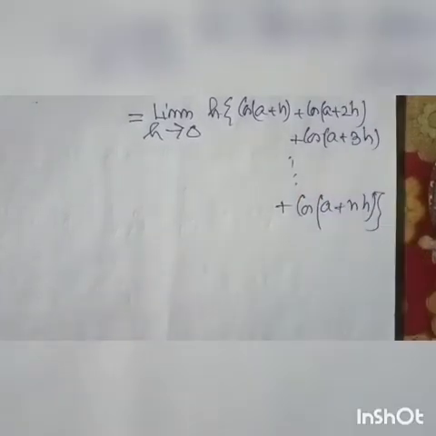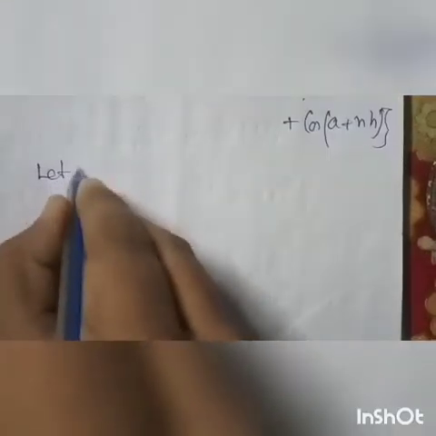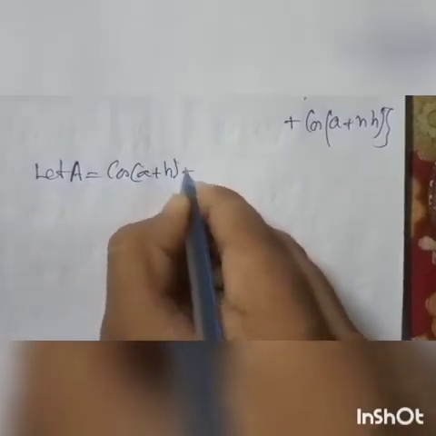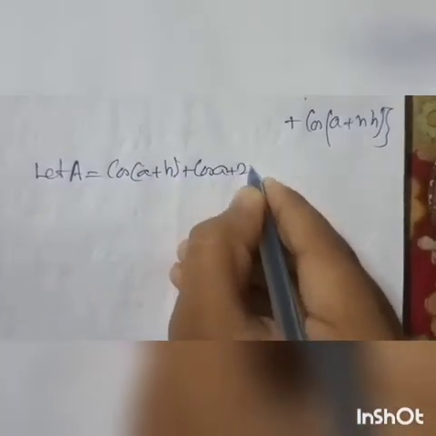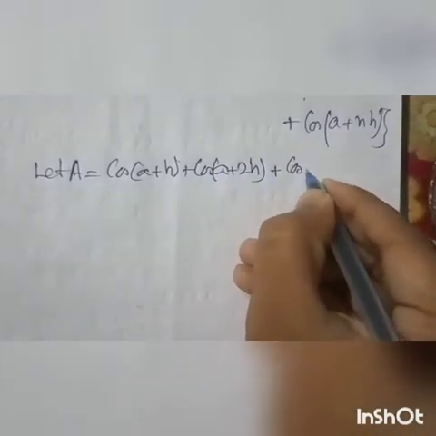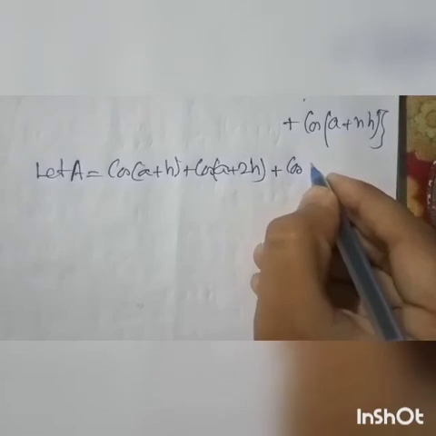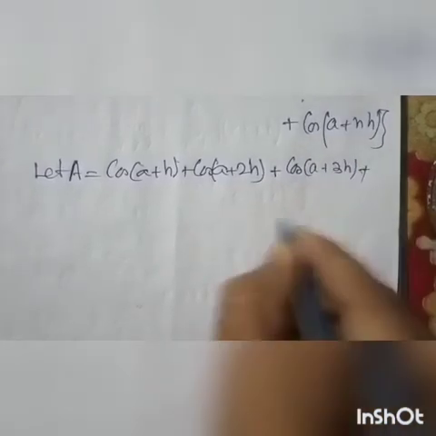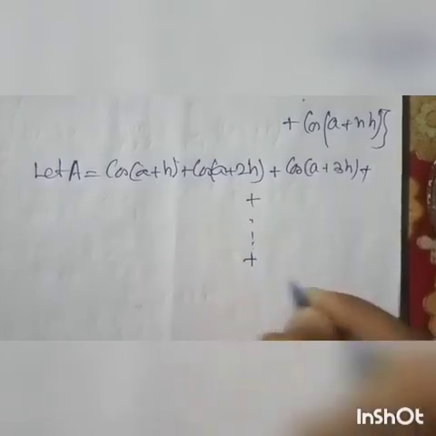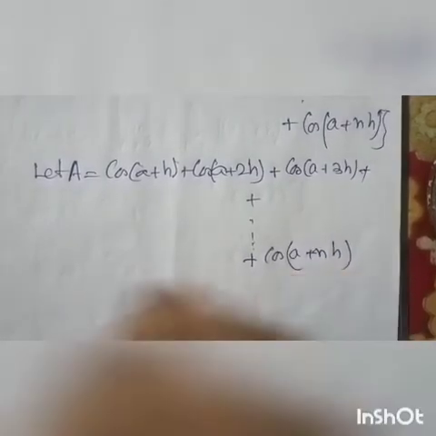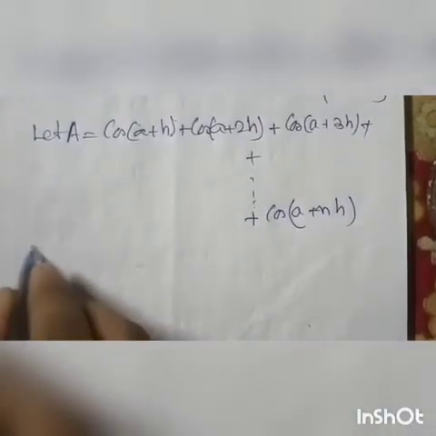So it's the finalized form. Let a be equal to cos(a+h) + cos(a+2h) + cos(a+3h) and thus 2 cos(a+nh), or